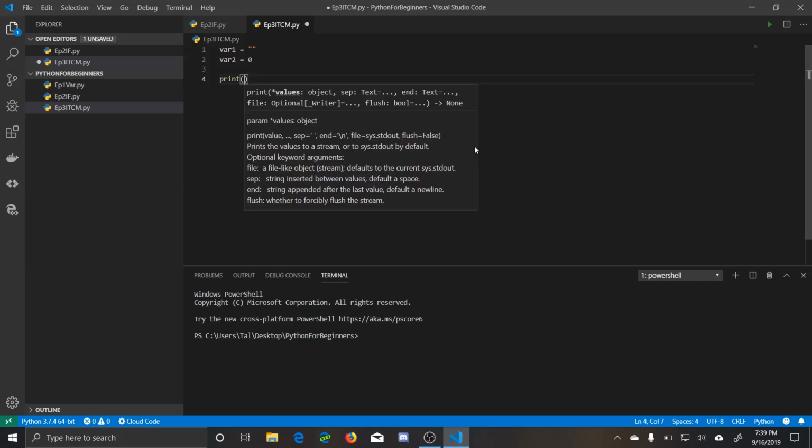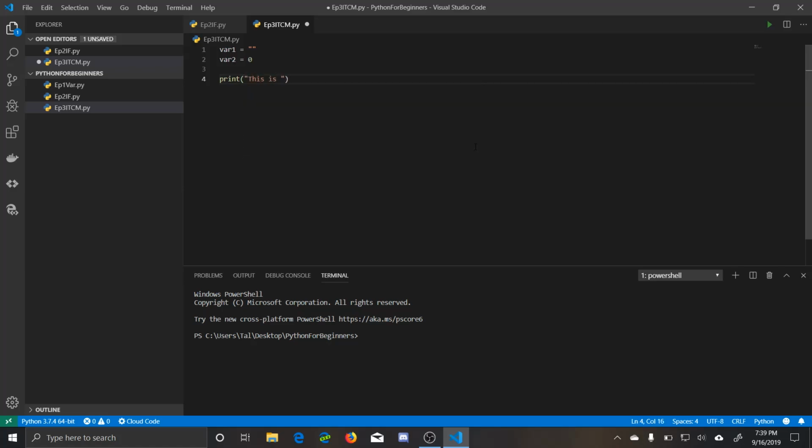We'll say "This is your var1's value as entered by the user: " plus var1, and then "This is your var2's value as entered by the user: "